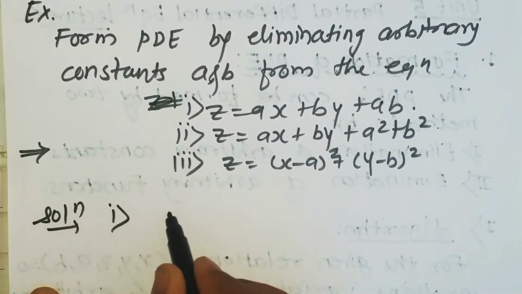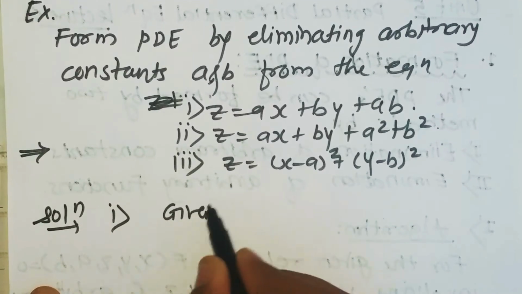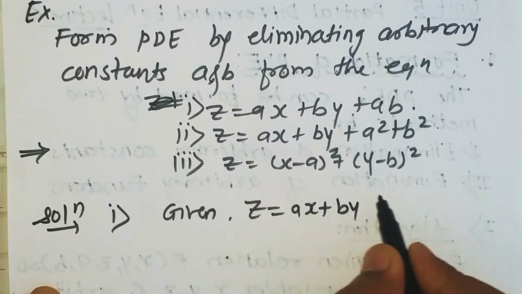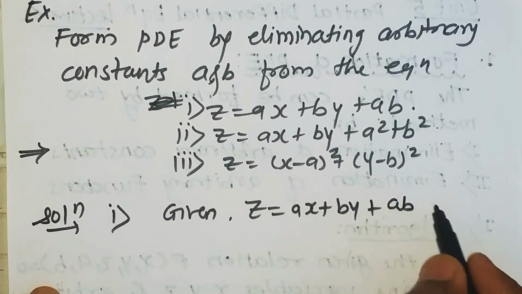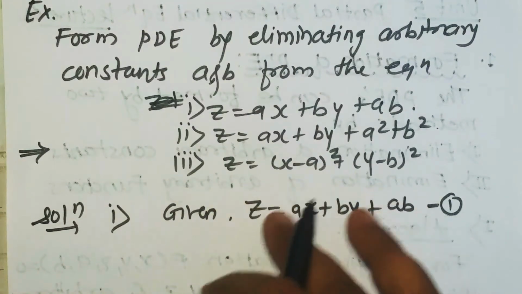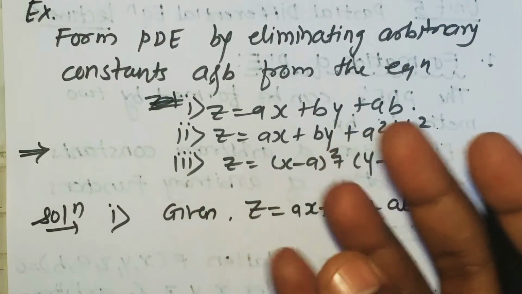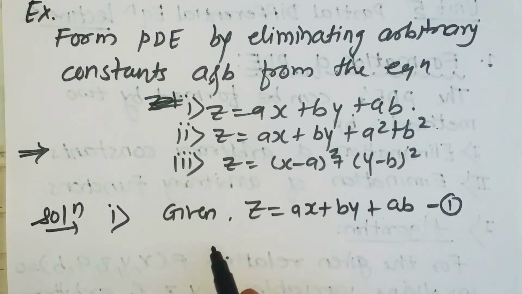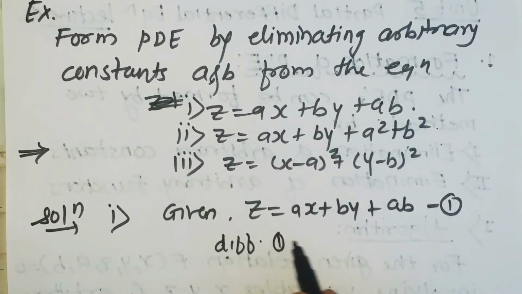Very first, write down the given equation. In problem 1, the given equation is z equal to ax plus by plus ab. Call it equation number 1. Now this is a relation in which we have x, y, z, three variables, and a and b are arbitrary constants. So what is the first step? Differentiate this equation with respect to x and y partially. Differentiate 1 partially